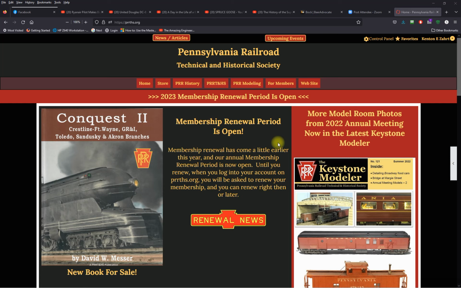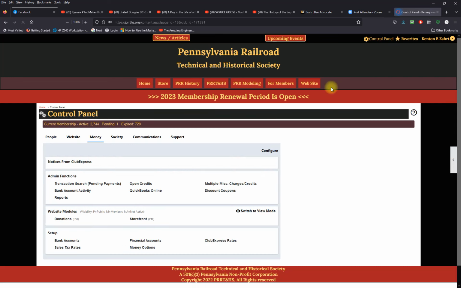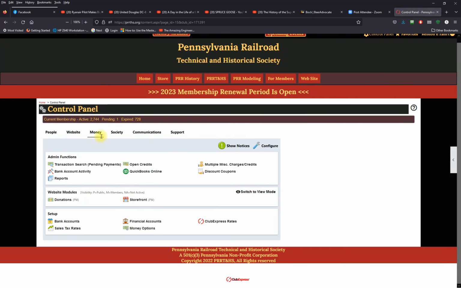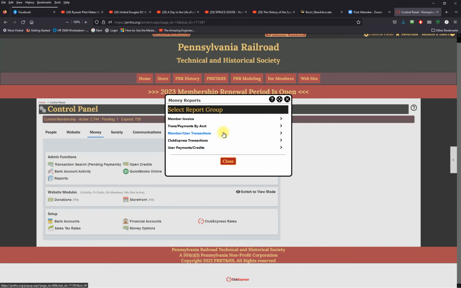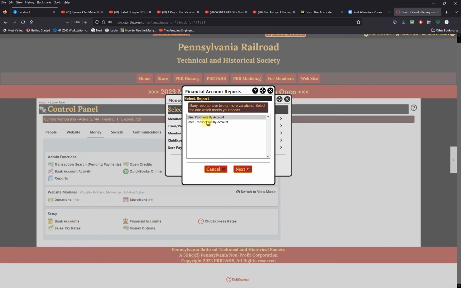Hi, we're going to create a report of donations broken down by size of donation and the account into which the donation went. So the first thing we're going to do is to pull a report from Club Express for the donations. It's actually going to be a transactions, payments by account, user payments by account,